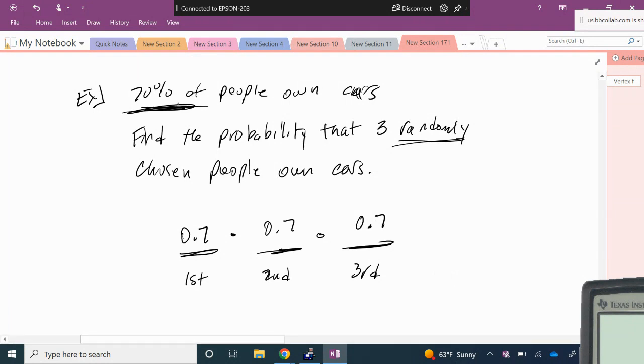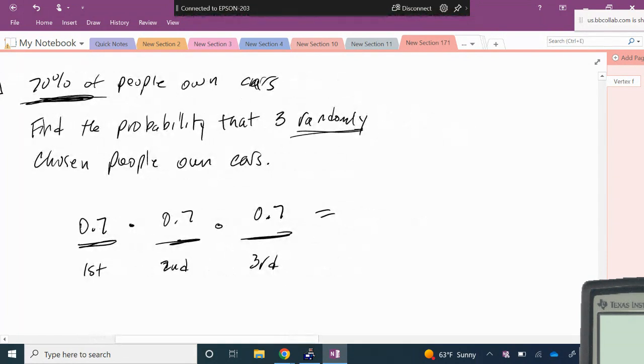And it gives us the probability in the problem. It says 70% of the people own cars. So the probability that the first person owns a car has to be what? 70%. The probability that the second person owns a car would still have to be 70%. And the probability that the third person owns a car would be 70%. So now what is the probability that 3 randomly chosen people own a car? We would have to do what to these numbers? Multiply them. So this would be 0.7 raised to the third power,